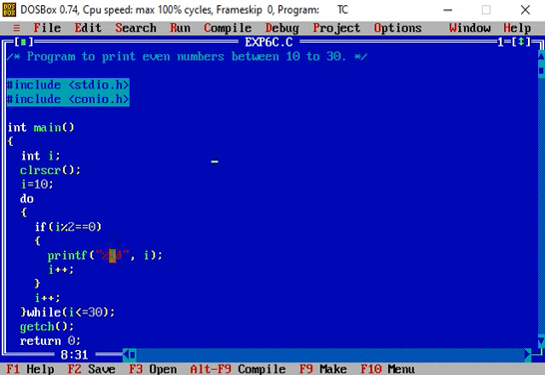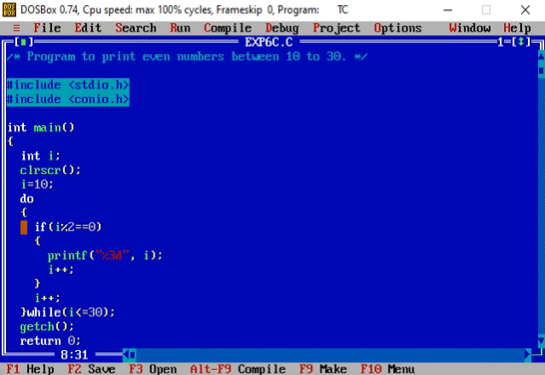The value of i is printed only if this condition is satisfied, and then the value of i is also incremented. Then the condition is tested: if i is less than or equal to 30 and the condition is true, then again the body of the do while loop is executed.